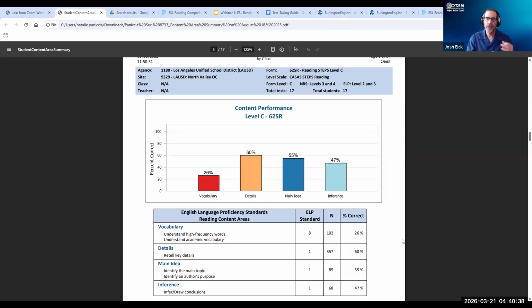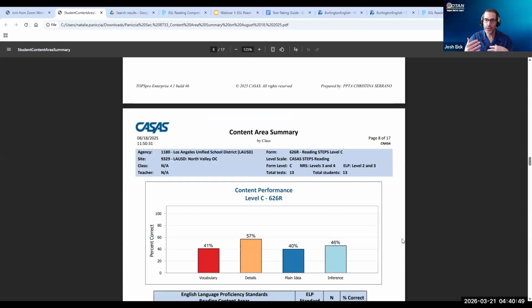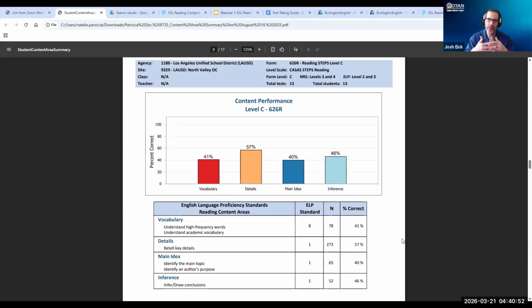And I would also add, we saw, Natalie, that you had one test that 17 students took, and another test with 13 students. What I like to do sometimes is look at the results of both. If I can correlate patterns, like my students didn't do fantastic on details on this test, and they didn't do fantastic on details on the other test, that's where I'm going to spend my time, because that way I can cover everybody in class. And then after that, I can go to the other areas and target, shoot, as we say. Who's we? I don't know.